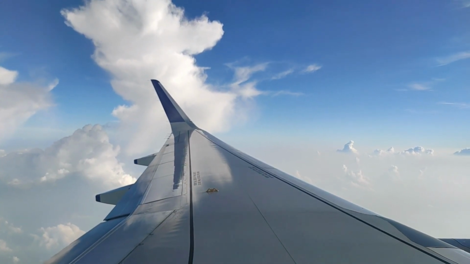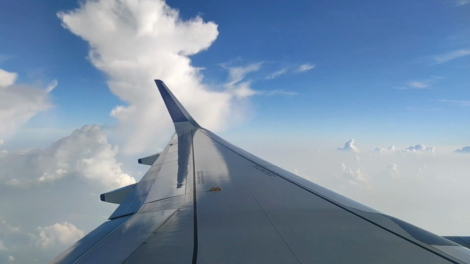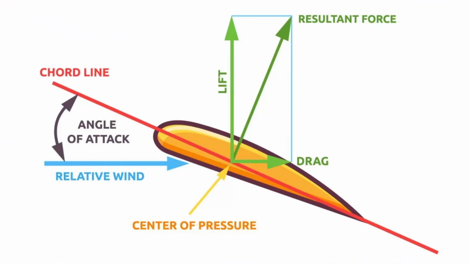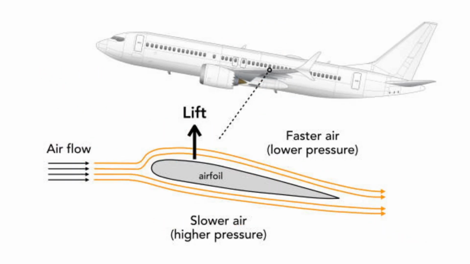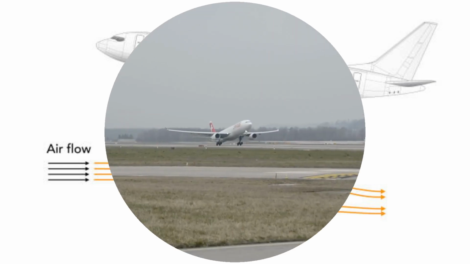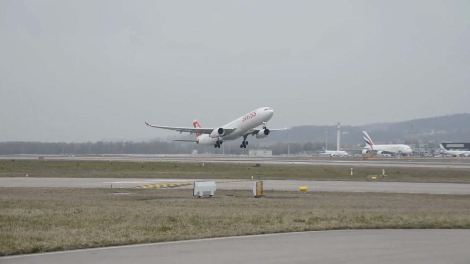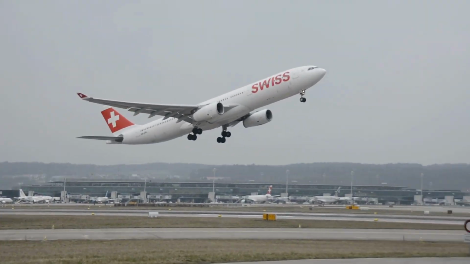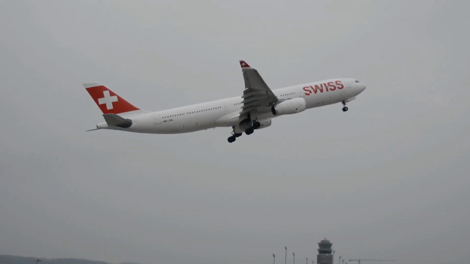Lift on an aircraft is primarily generated by the wings, which are shaped as airfoils. The curved upper surface of the wing causes air to move faster over it compared to the airflow underneath. This difference in airflow velocity creates a pressure difference, with lower pressure on the upper surface and higher pressure on the lower surface. This pressure differential generates an upward force, known as lift, that opposes gravity and allows the aircraft